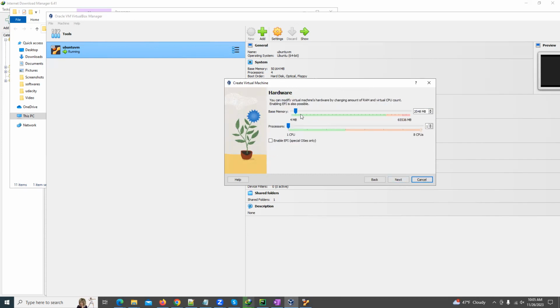When you go to next, you have to select the memory. My machine has 65 GB RAM, so I can easily give up to 55 GB or 50 GB. Depending on the number of CPU cores, it will show how many CPU cores are in your machine. You can allocate 3-4 CPUs for faster processing. Once this is selected,